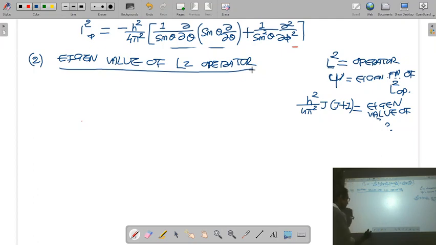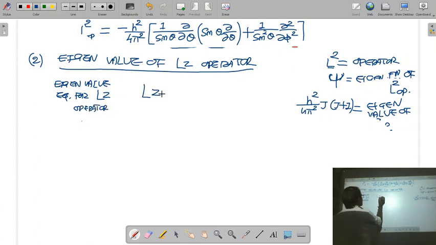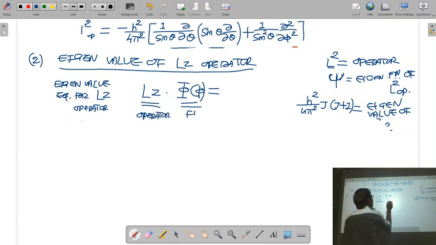Okay. So let us write the eigenvalue equation for Lz. Eigenvalue equation for Lz operator can be written as: I take the Lz operator operating on phi, because it depends only on phi function. Lz is the operator. It is operating on phi function because you know Lz operator depends on phi only. It does not depend on theta. We get the same function phi